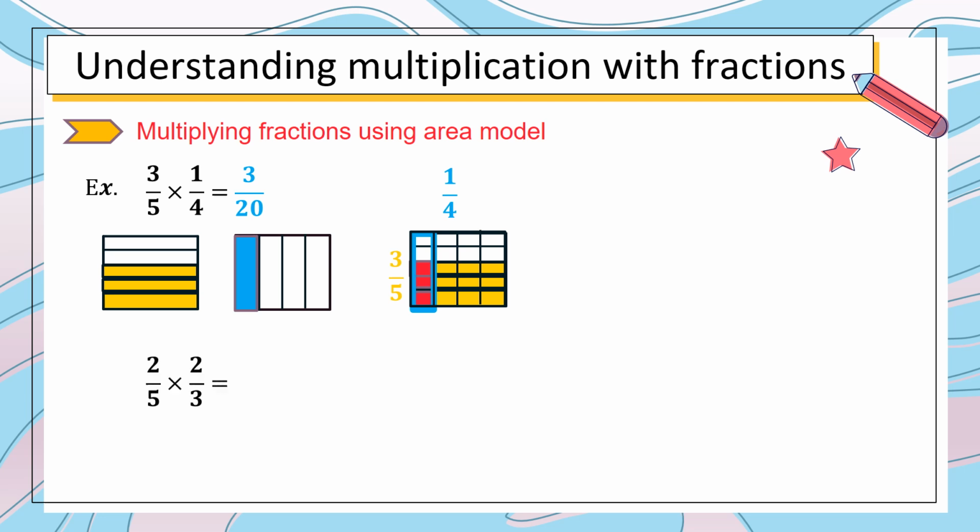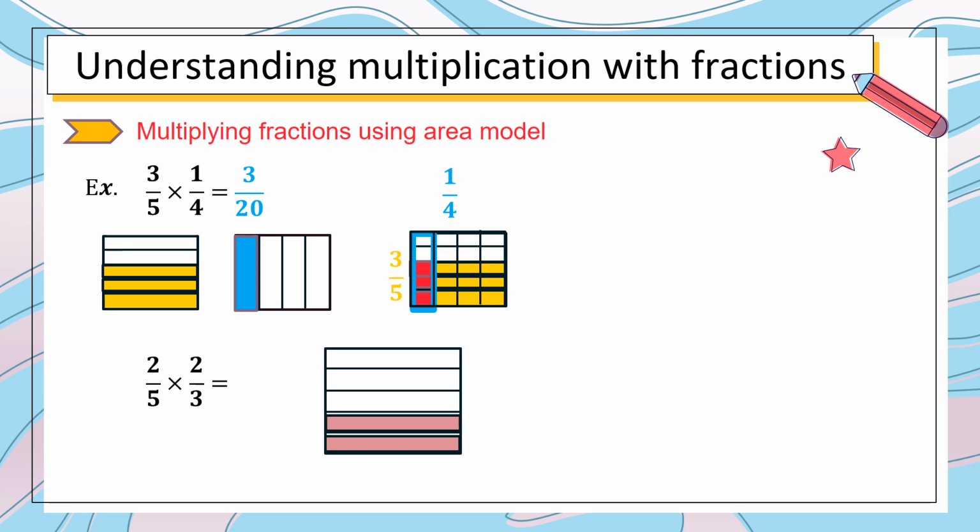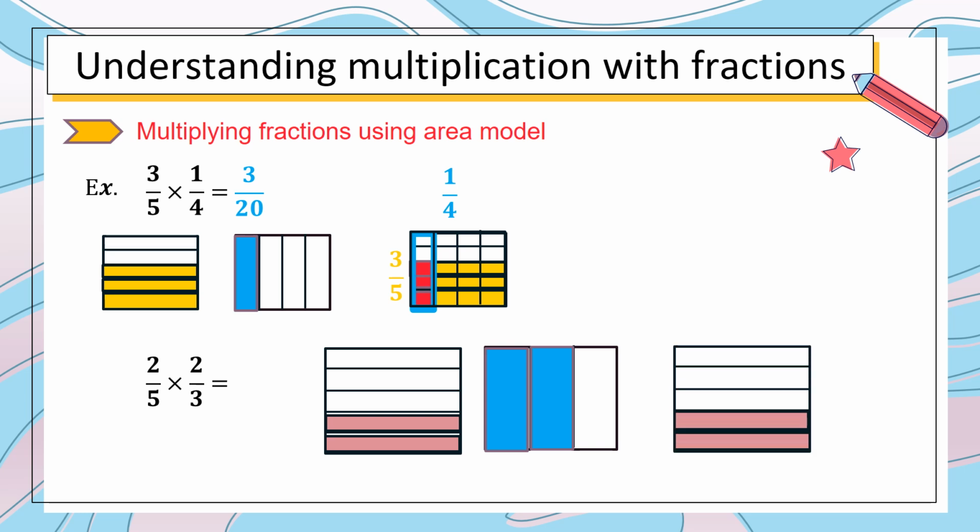Another example, 2 over 5 times 2 over 3. You can multiply the numerators together and the denominators together. So it will be 4 over 15. But if we use the area model, I will draw the first model for the first fraction and the second model for the second fraction. Then I will put the two models above each other like this,